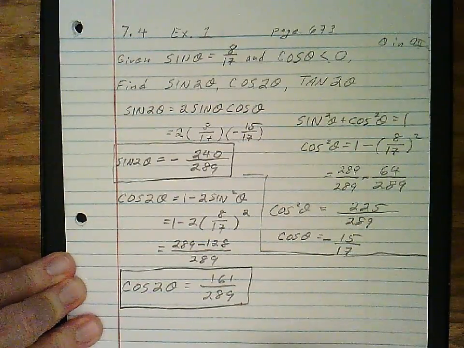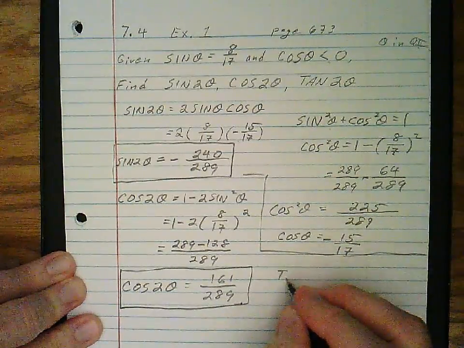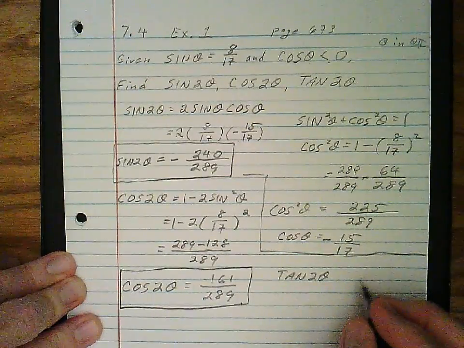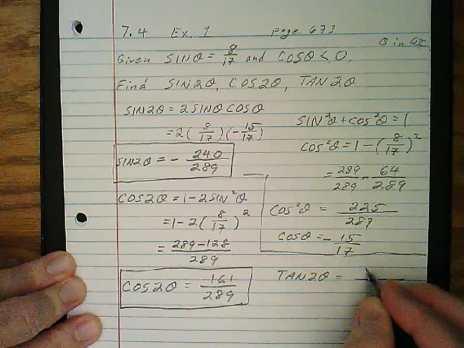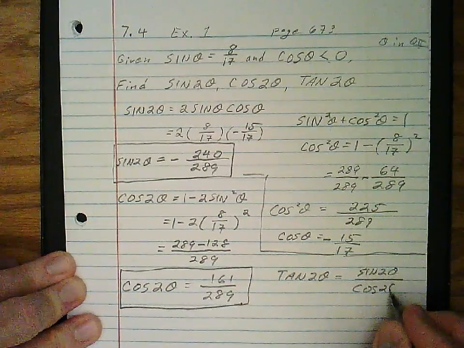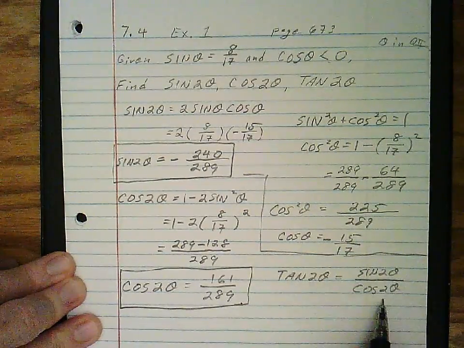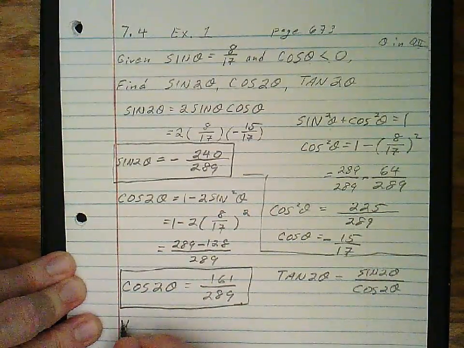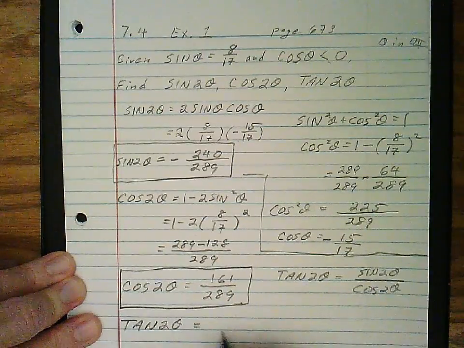All right, so here's even less work. Tangent of a double angle. That's step 3. Well, remember, tangent equals sine over cosine. So the tangent of a double angle equals sine of a double angle over cosine of double angle, right? Tangent, sine over cosine. This angle is the same. As long as the angle is the same in all cases, that works out. So let's put that over here. We have tangent of our double angle, sine over cosine,